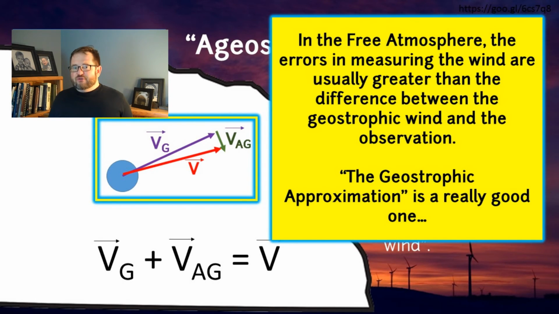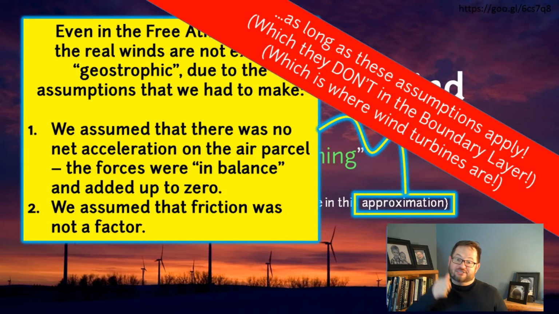In other words, the geostrophic approximation is a really good one. Let me tell you, in the atmospheric sciences, not that many things approximate that easily. The geostrophic assumption is this brilliant thing that makes every atmospheric science major's heart swell, that something actually worked. This actually works really well,